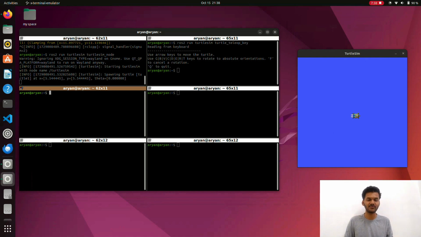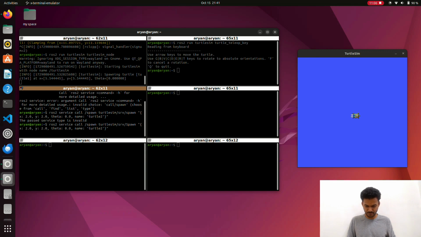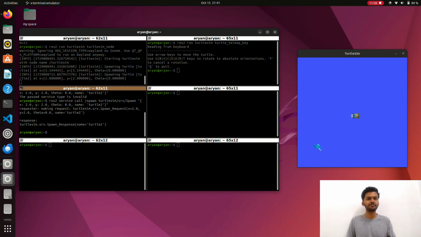Anyways, we will now get a new turtle, the second turtle, in the same panel. So how it goes is, I think this should work now. Okay, it has worked. Actually the mistake was about the capital S, so I just missed that. You can make the change and get the new turtle as well. So we have two turtles on the panel. Let's move further.